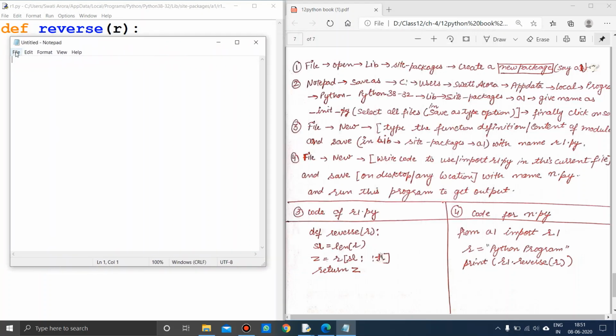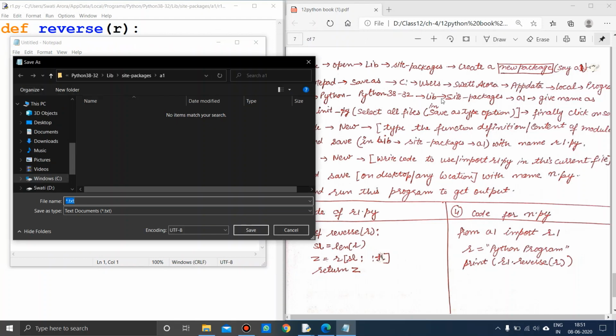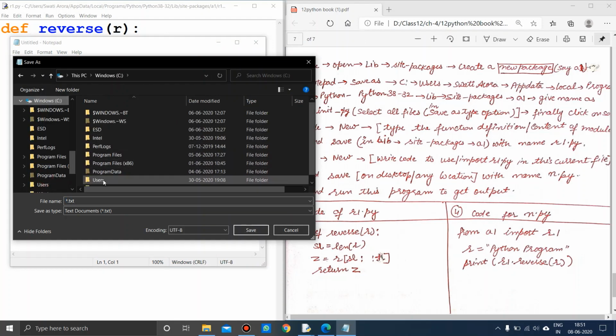Okay, now it will be fine. So, Save As. Now you see the same path I'll be following. Here I'll be clicking on Users, Swati Arora, AppData, Local, Programs, Python 38, Lib, site-packages. There you will find the package you have created, A1. I'll be following this path only.